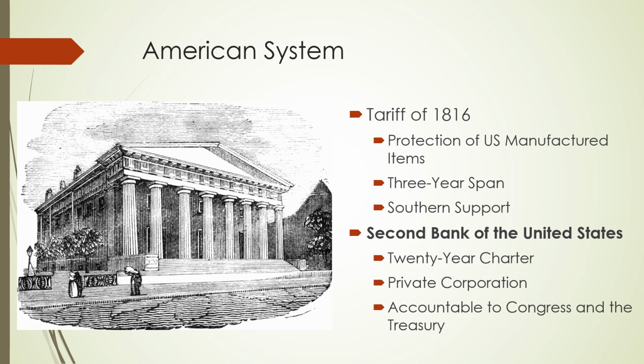About 80% of the Second National Bank is privately owned, and a pretty good percentage of those private investors are actually Europeans. So it's called the Second Bank of the United States because it does business with the United States, but there are a lot of people in Europe specifically that have financial interests in this bank. That's going to be important later, so don't forget that. Not this video, but another video, we're going to talk about that.